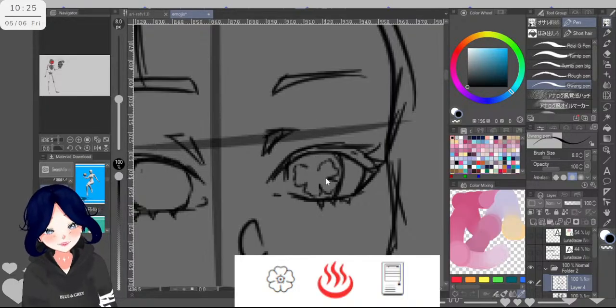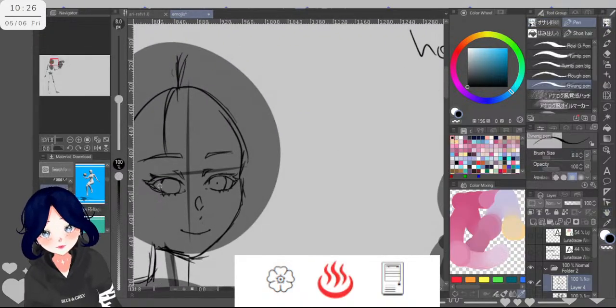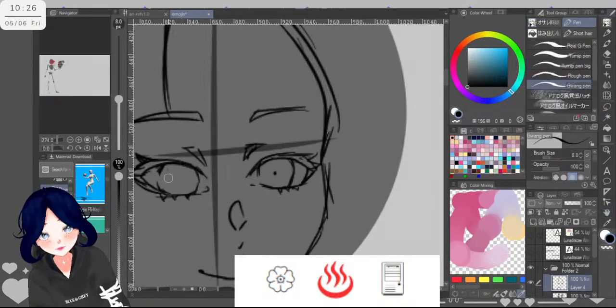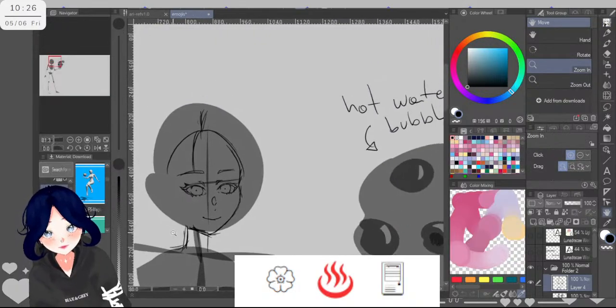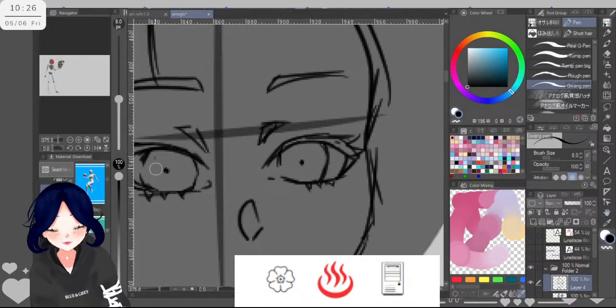Okay, we're not quite there, but we're going somewhere. So first, let's make the pupils so we make sure they're looking the same way, same direction. That is not quite it. Okay.